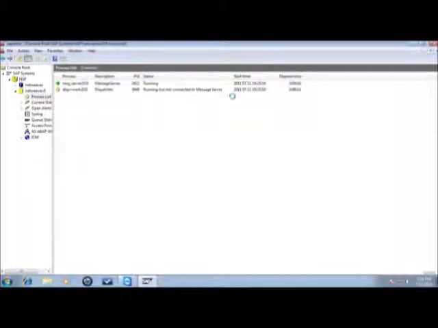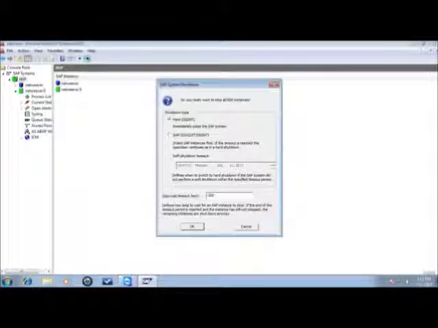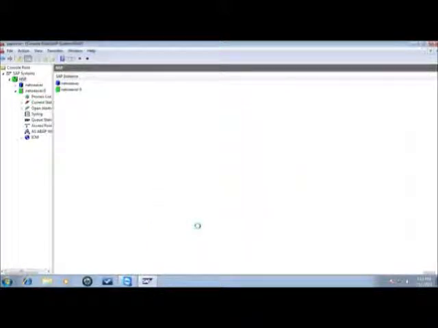Stopping an SAP system. In the SAP Management Console navigation pane, open the tree structure and navigate to the system node you want to stop. In the context menu of the system node, choose Stop. In the Stop SAP Systems dialog box, choose the required options. Choose OK. The SAP Management Console stops the SAP system instances.